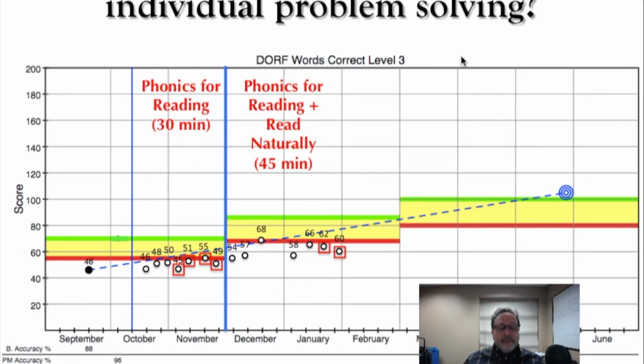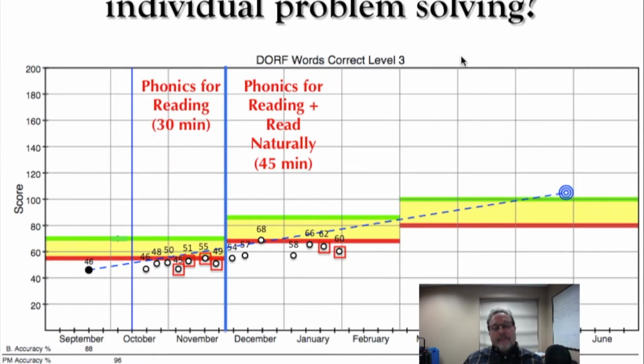If you look at the individual data points, either the black circles or black circles in red, compared to that blue dotted line, which is the aim line, you can see that the student is not making adequate progress to close the gap with the target.